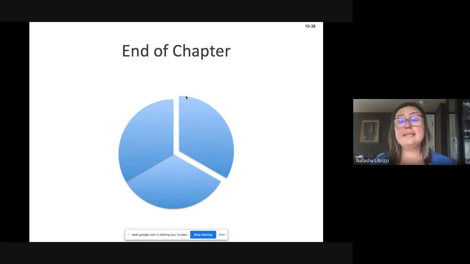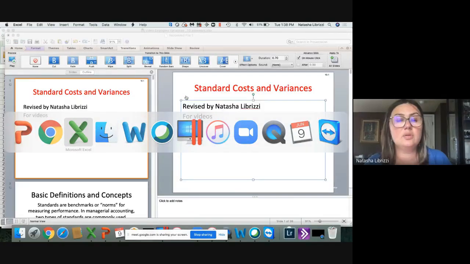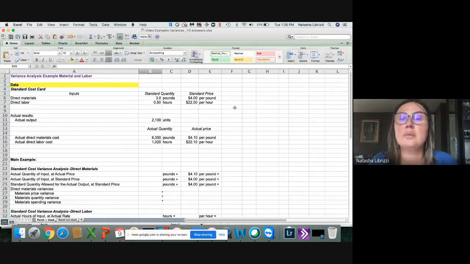Okay, so this is the end of the concepts and the big picture. And what I want to do next, I want to jump into this example I created. And I manipulated a little bit one from the book, so a little bit different numbers. So what we have here, and this is a